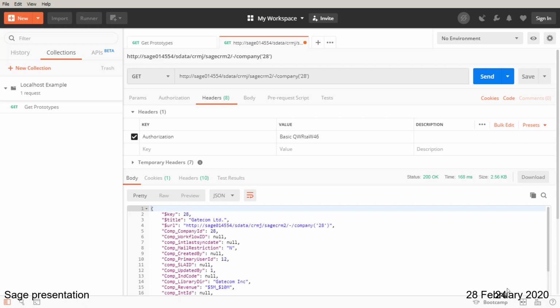Now this is returning data in JSON. JSON is JavaScript Object Notation, and it's an open standard format that uses human readable text to transmit data objects consisting of attribute value pairs, and it's used primarily to transmit data between a server and a web application, and it's much more accessible in terms of looking at data and working with the data than XML, for example. And data formatted according to the JSON standard is lightweight. It can be parsed by JavaScript implementations with incredible ease, making it an ideal data exchange format for web and